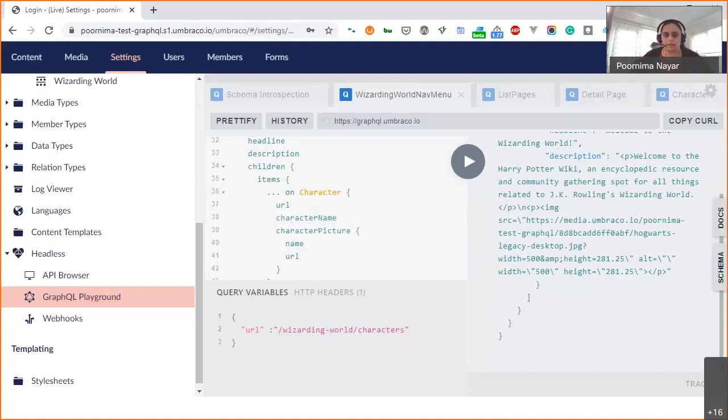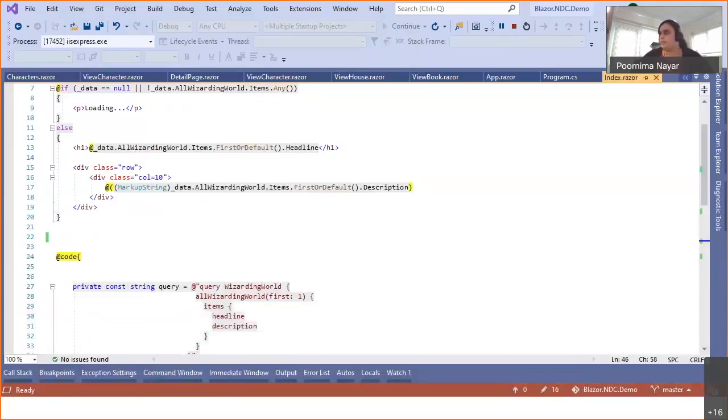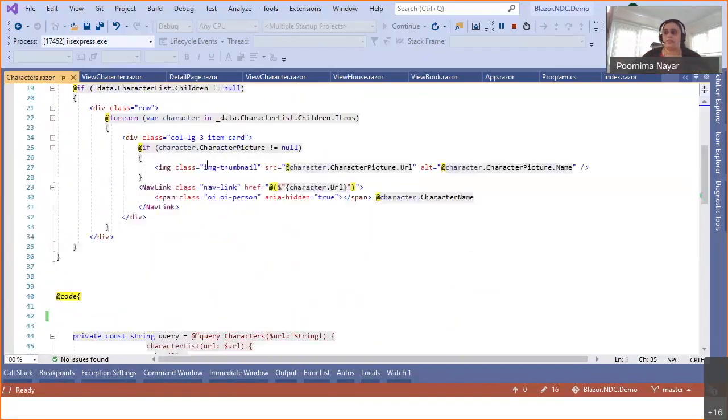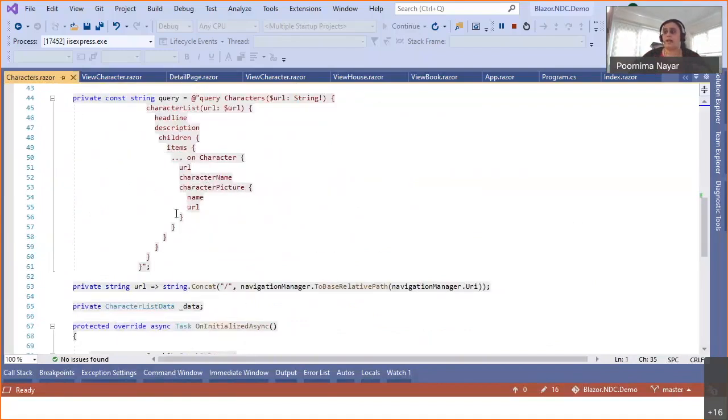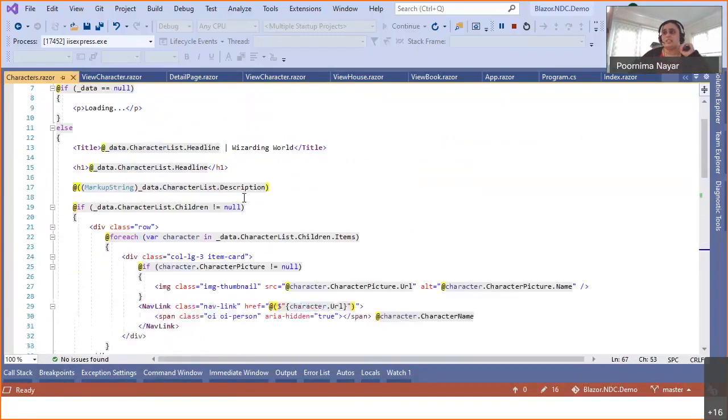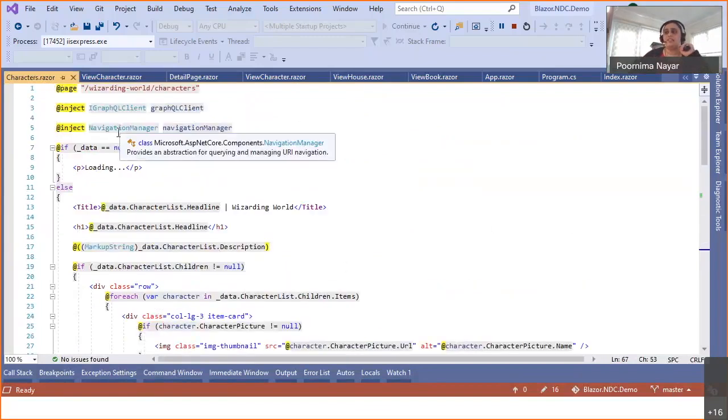And in my component, which is here, I have set the route so that the URL matches up. And following the same method as before, I have the query and the GraphQL request object set up in the OnInitializedAsync method, but then I need the URL as well. And the URL can be obtained using the navigation manager. It is an injectable dependency, the navigation manager, which says it provides an